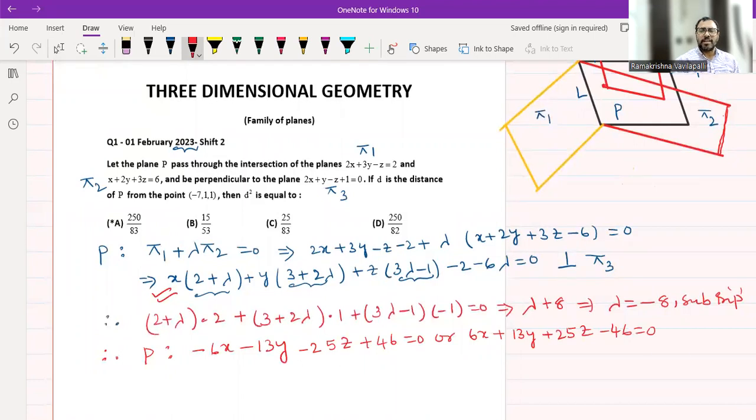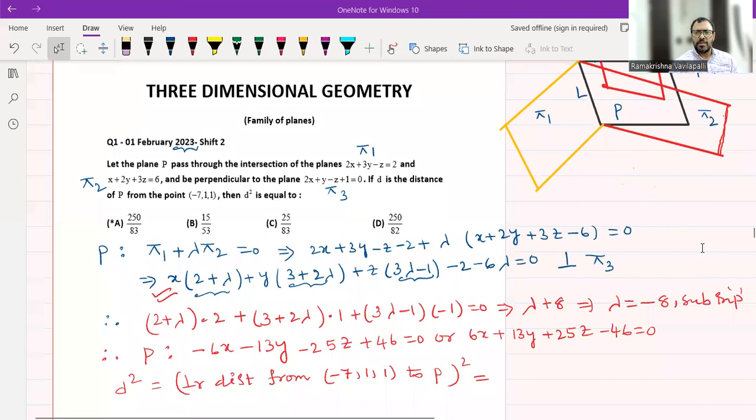Now what else we need to find out? That D is the distance of P from the point -7, 1, 1. So this is equal to the perpendicular distance from a point to the plane. Substitute this -7, 1, 1 in the plane pi. You will get that minus 42 plus 13 plus 25 minus 46 whole by